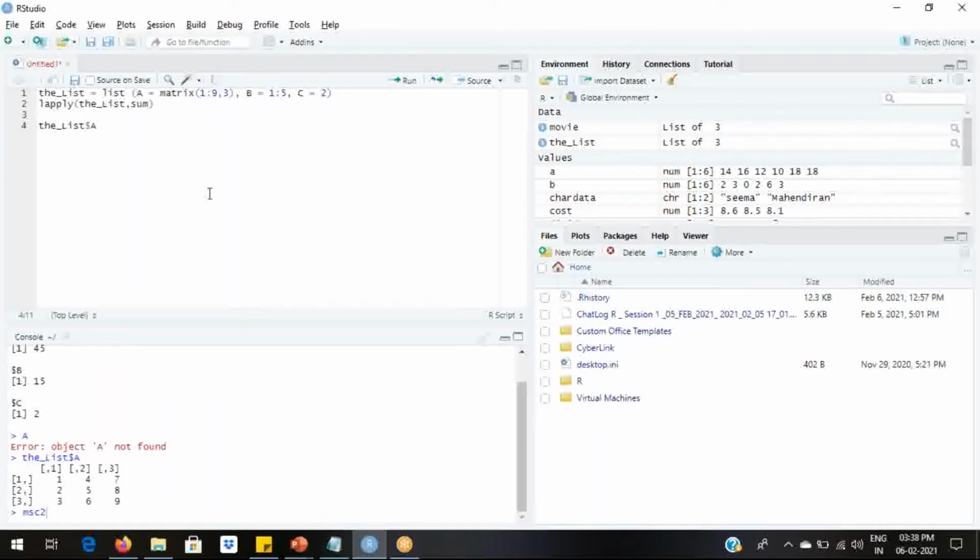So as I said, a matrix, that is a 3 by 3 matrix, is created and the values 1 to 9 are populated and stored inside the variable a. One interesting thing that you can observe is RStudio by default populates values column wise, not row wise.